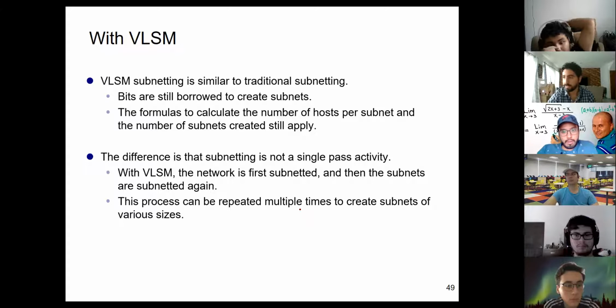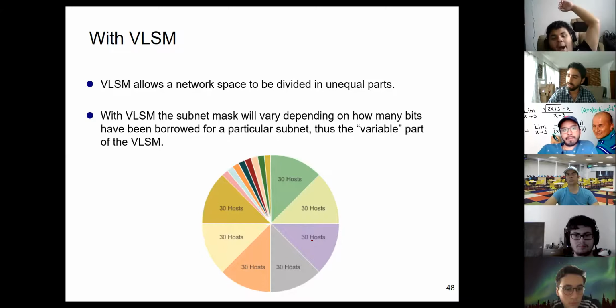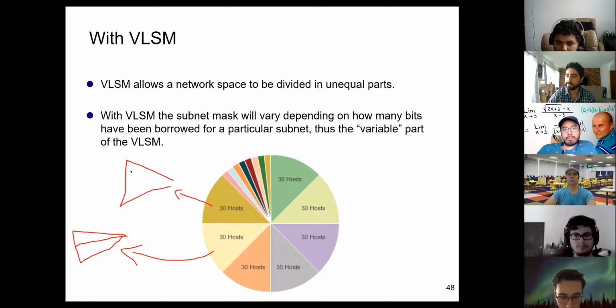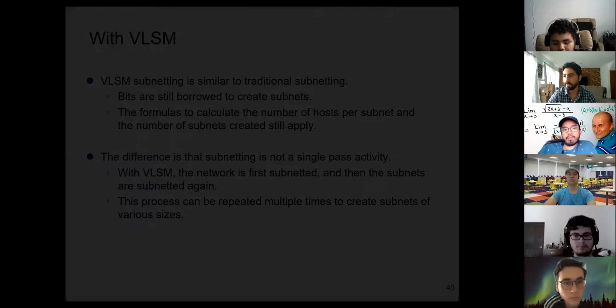For example, all these parts, you can basically do more with them. You don't need to just live with this. For example, you can take this and say, okay, I want to divide this into 2 different subnets. Or for this one, I want to divide it into another 4 subnets, okay? So you can do all those things. It's not just a one time or one round activity.